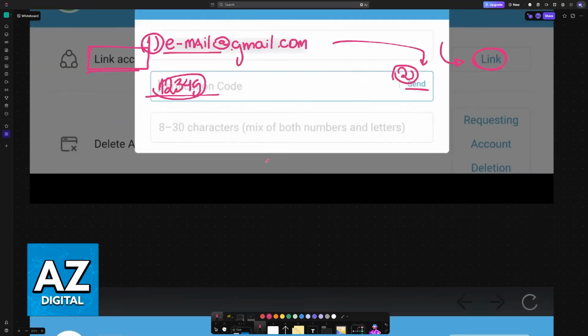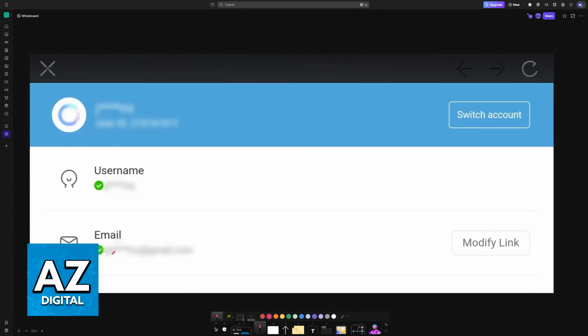After you confirm that you are the owner of that email address, it is going to be linked like so. So this green check mark will appear. You will also get the option to set up your username, and you will see that your HoYoverse account is now set up. So the HoYoverse account is going to be associated with this email address from Google that you can use on other platforms.